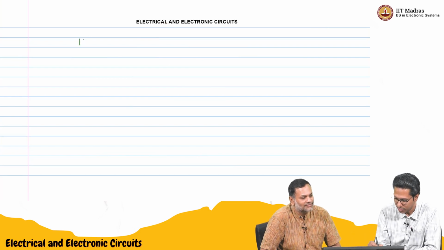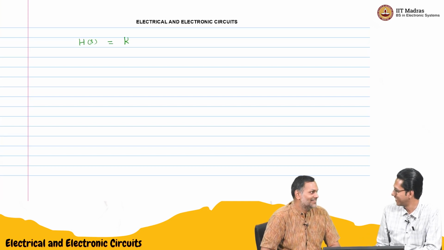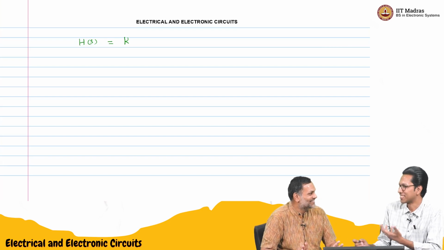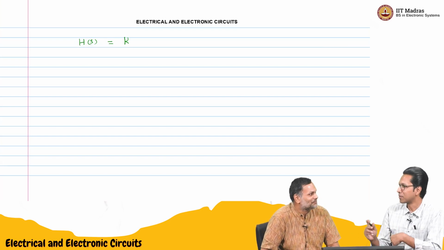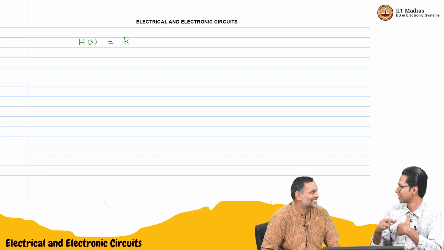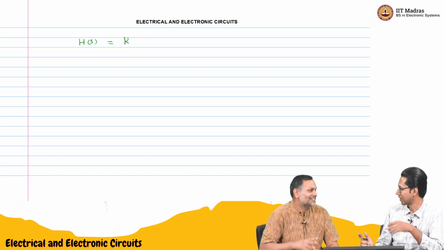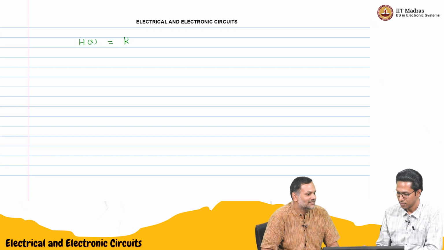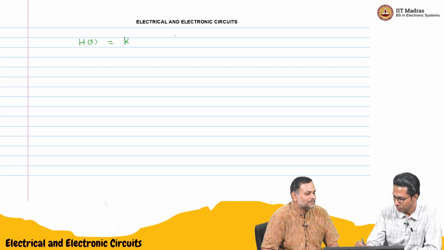Maybe H of s is just a constant. So no poles, no zeros. Like an amplifier which has a constant gain for all frequencies. So then our magnitude plot will be